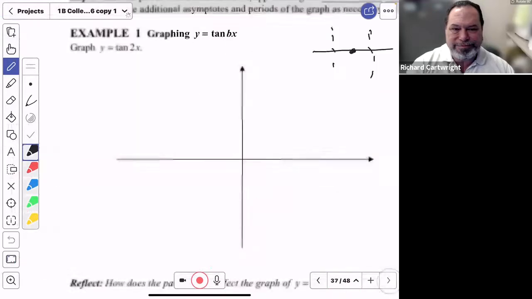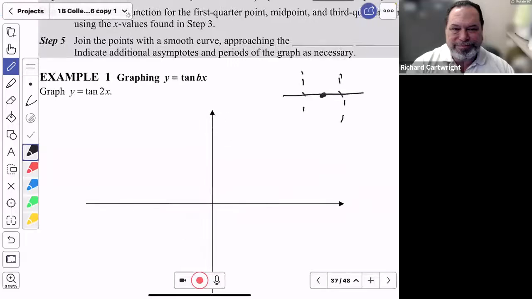Okay, so let me make a note to myself. Moises went out of his way to realize that it goes up, comes through, and rises from left to right. So if it was a negative tangent, though, it would have a negative. This is a positive tangent. A negative tangent would have been the other way around. Look like that. Which looks a lot like cotangent, except the cotangent